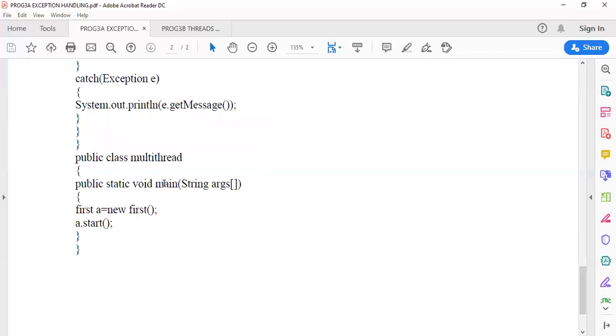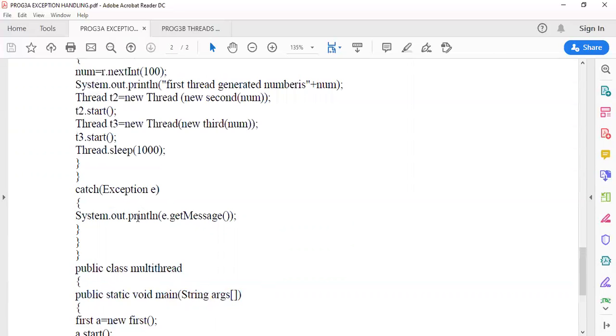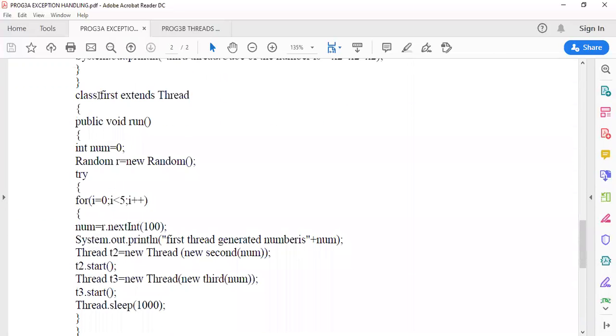Then coming to the main class, the class is called multi-thread. It has a main function, and in the main function, our duty is to create an object for the first thread, class first. Class first has nothing but the first thread.